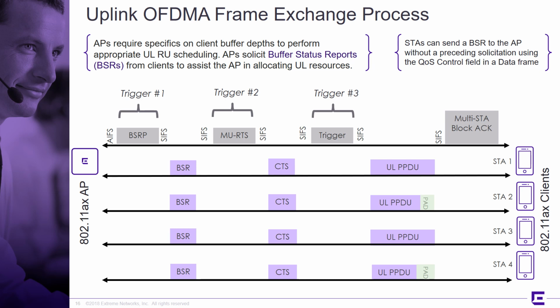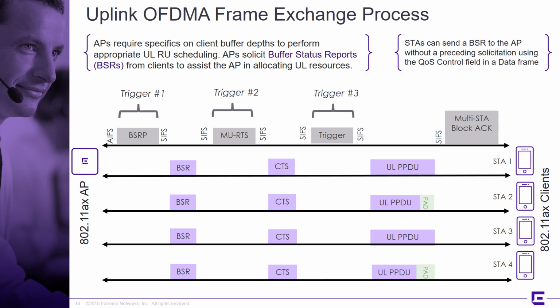Now, when we use the first trigger frame, the BSRP, we usually assign a 26 tone RU for the BSR. So there's an assignment that happens in trigger 1 so that the BSRs come back up to the AP on specific RUs. But trigger number 3 assigns the new RUs for the clients to use for data, so those may vary from the BSRs. So we have trigger number 3 going downlink, and then the stations will transmit back their data on